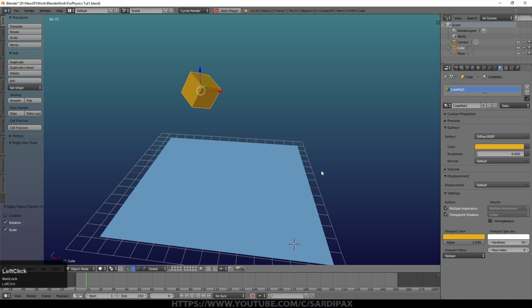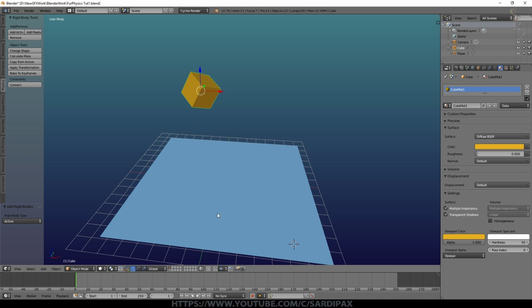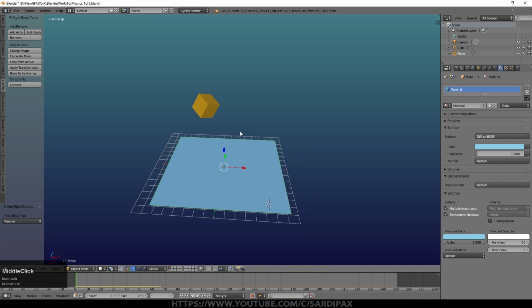So obviously when I press play at the moment, nothing happens. So the first thing we need to do is select that cube and go to the physics tab over here and say add active. You notice it's now got a green line around it, and if I press play, the cube drops. Unfortunately though, it just drops through the world, and that's because this object is not yet physical. However, if I made this one active, that too would fall down, and we don't want that. So I'm going to add passive this time, so it means it's a physical object, but just a collision physical object. It's not affected by gravity.